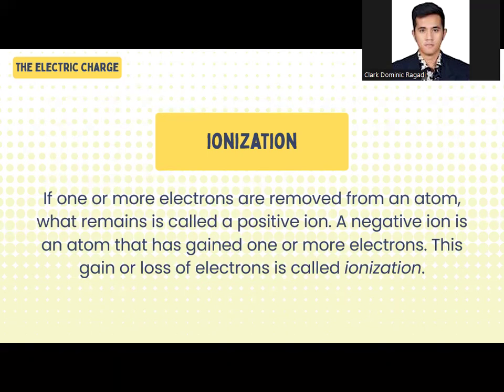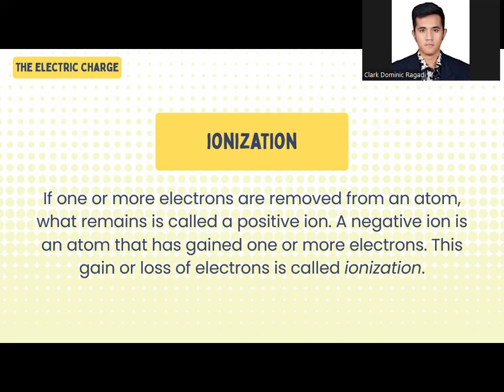By the way, in physics or in electricity, we usually talk about ionization from the perspective of electrons, because once again, protons and neutrons are bound together by the strong nuclear force at the nucleus, meaning it would require a tremendous energy for them to be removed from the nucleus. Unlike the electrons, which are loosely bound in the electron cloud, so it would just need a minimal energy for them to be moved from atom to atom.